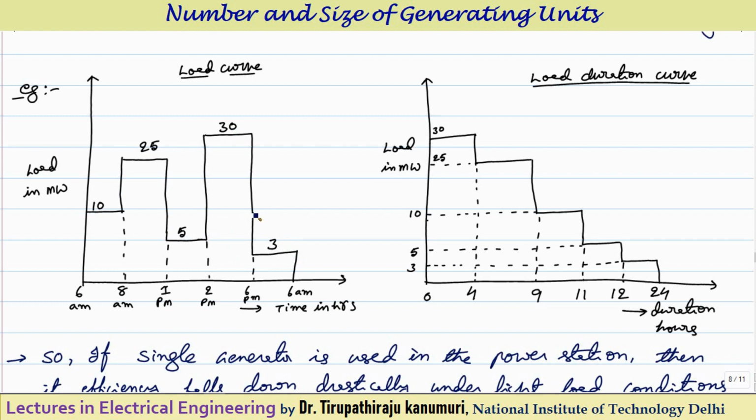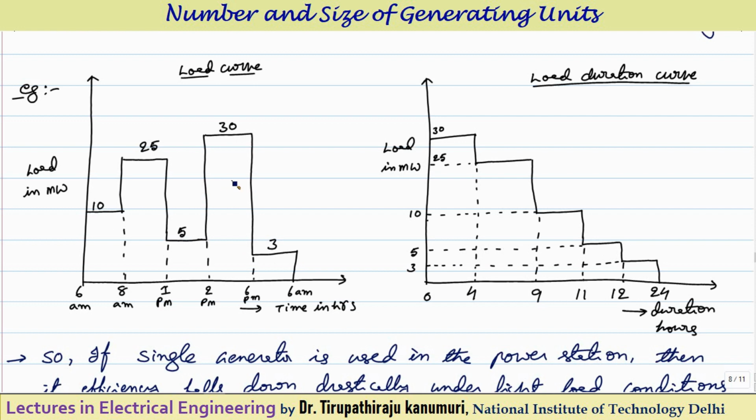So I am summarizing once again. We know that the load is continuously fluctuating on the station. If you take a single unit or a single generator having the maximum demand capacity, then only for some time it is operating at the maximum efficiency; for the remaining times it is operating at a less load, so efficiency falls down drastically. That means automatically the cost of the unit generator will increase drastically. So what is the solution for this? The solution is, instead of going for one generator, we can go for multiple generators.